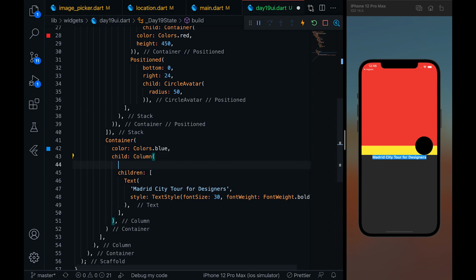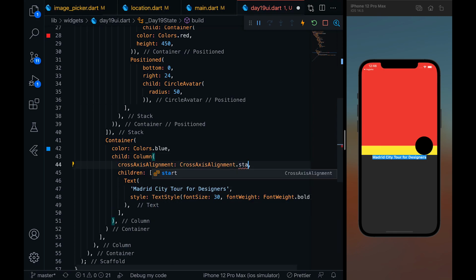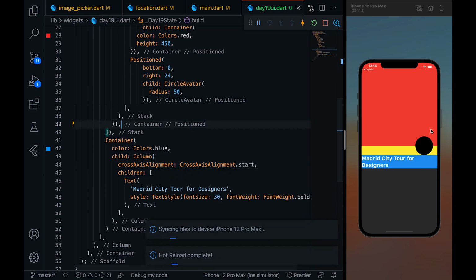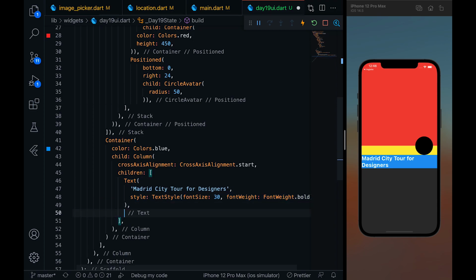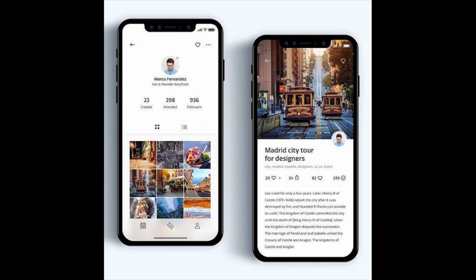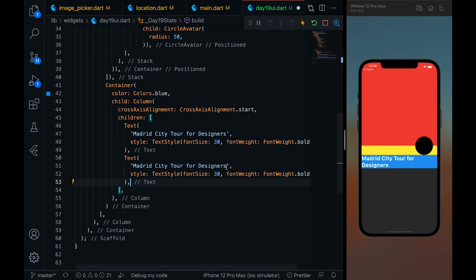So column, it will be cross axis alignment dot start, so that it should start from the beginning, as you can see over here. And now I'll copy this text, I'll paste it over here, and the next text I want to write is some city, Madrid, then something in the Spanish. So what I'll do is I'll put a random text.